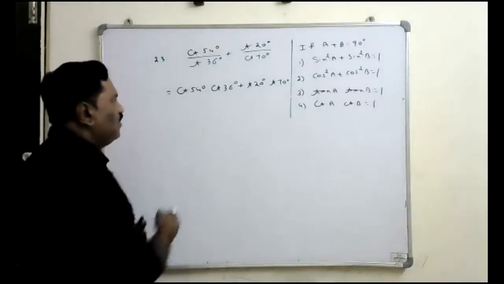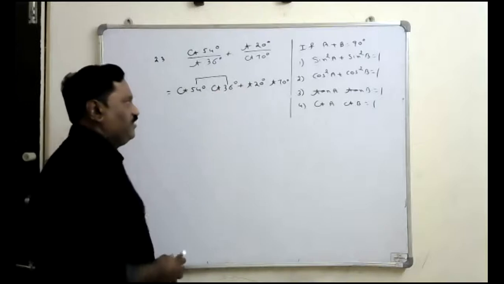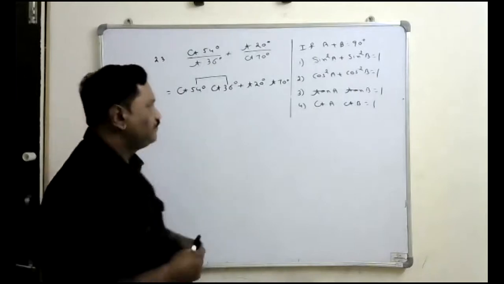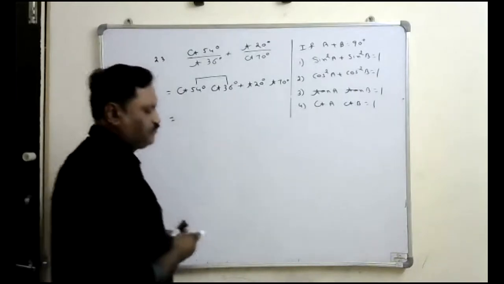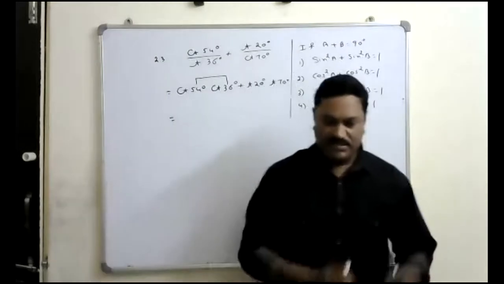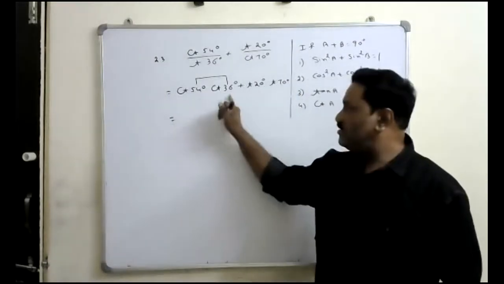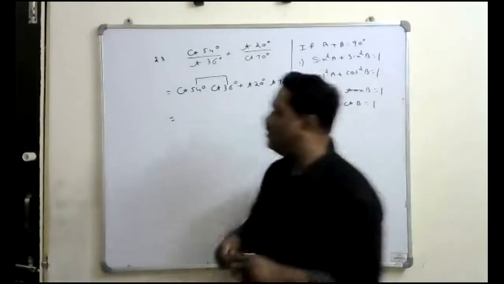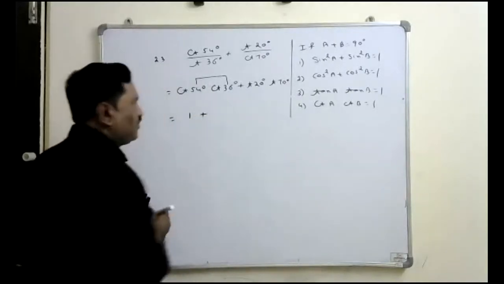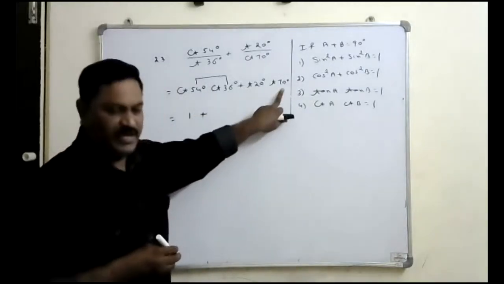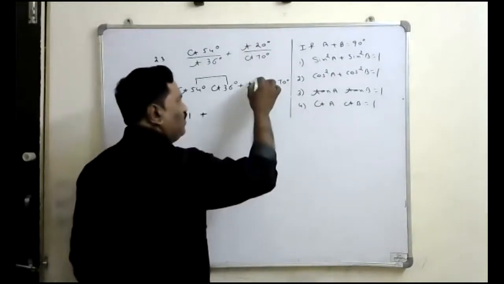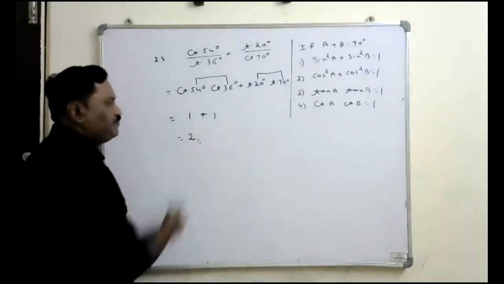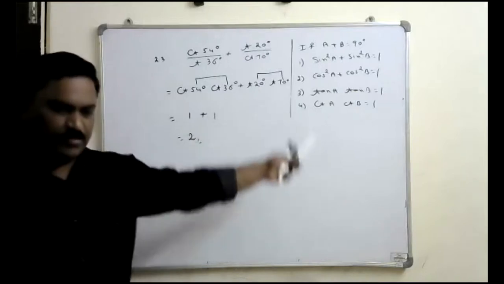Now, observe this. This is 54 degrees and this is 36 degrees. What is the sum of these angles? 54 plus 36 is 90 degrees. So we know that if A plus B is 90, cot A into cot B value is 1. Thus this product is 1, plus here also the sum of the angles, 20 plus 70, is 90. So if A plus B is 90, tan A into tan B is also 1. Therefore the answer is 2. So remember that result that was there in the first topic of trigonometry.